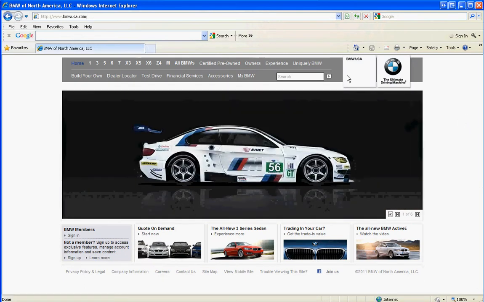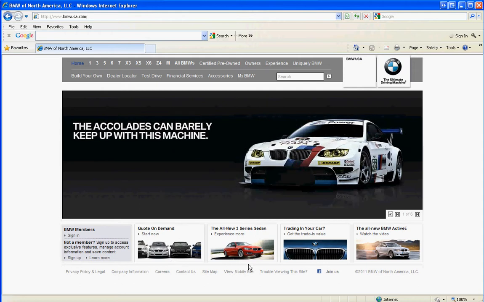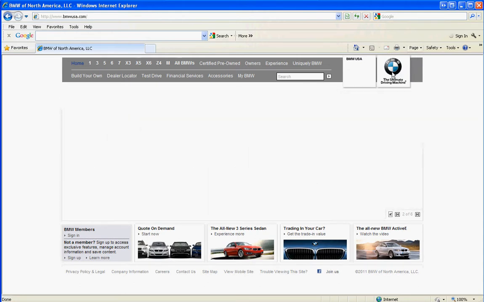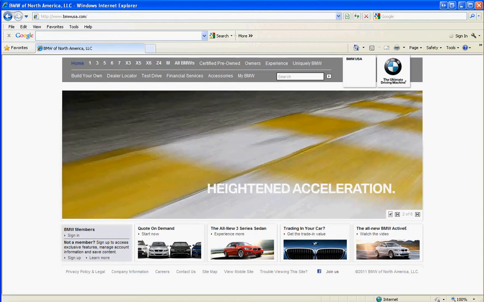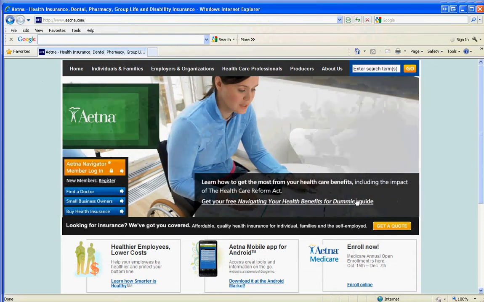BMW, same thing. Now, they kind of went against the grain here. Everything's the same. We've got our slider here, our little featurettes. They moved the logo to the right, so we're curious to see how that works for them. Most people are expecting to see it over here, but it doesn't really matter. But in general, same structure, same design. Aetna Healthcare, wonderful design, navigation on the top, search on the right, logo left, not top left, but again,